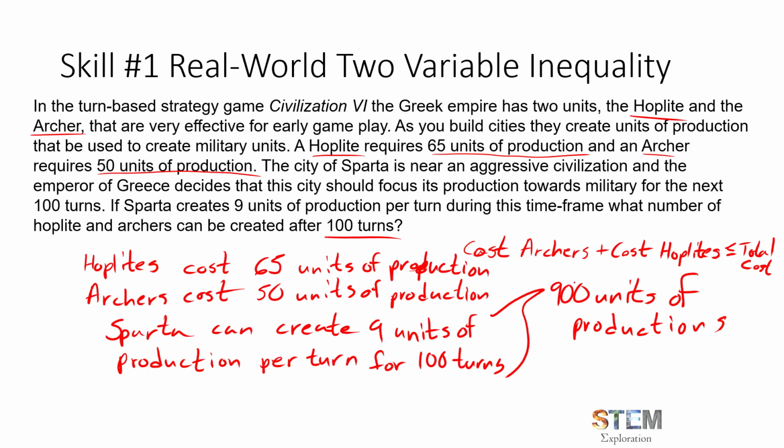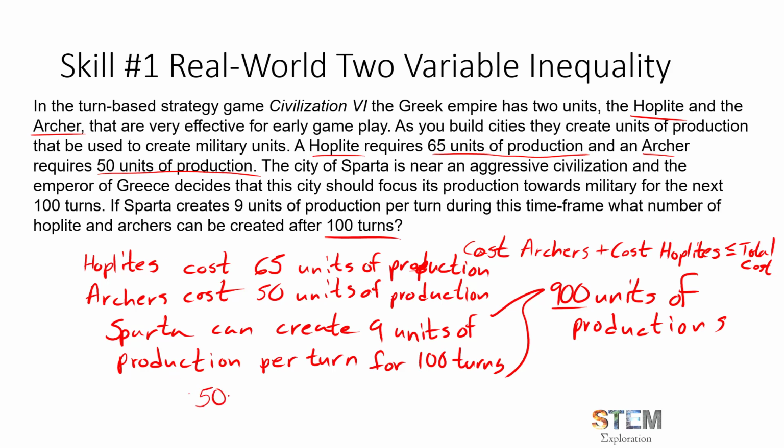You could argue that if you have this piece of information, we could say, well, we could make approximately 18 archers and a little less hoplites. But how do we put that in the form of an inequality? Because this is one of the things that I want you to start practicing. So if you take that idea in mind that if you had 18 archers would use up the 900 units of your production, what you're really doing is you're saying